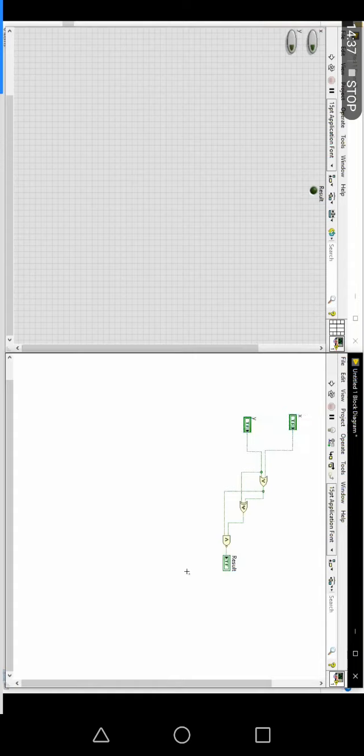So apart from this, for Boolean itself, I'm taking a Boolean AND gate. For the Boolean AND gate, what input will you provide? What are the input data types you will provide for the AND gate function? I'm asking whether it's a numeric value, Boolean value, or string value. What data type will you provide there?